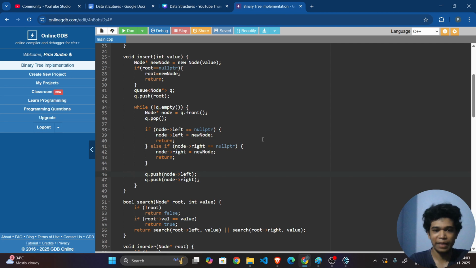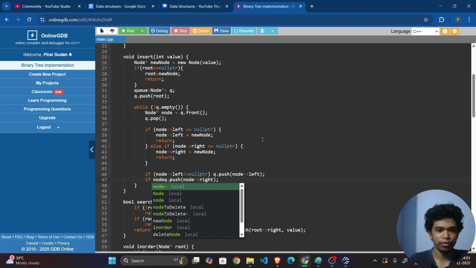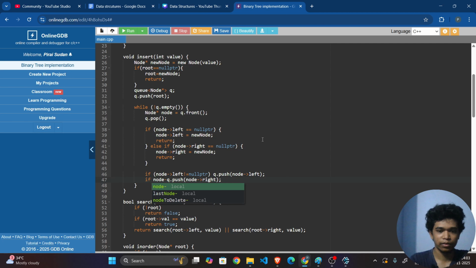So here I will be adding one case. So if node left is not equal to null pointer, then I will be doing this. Here also, if node right is not equal to null pointer,